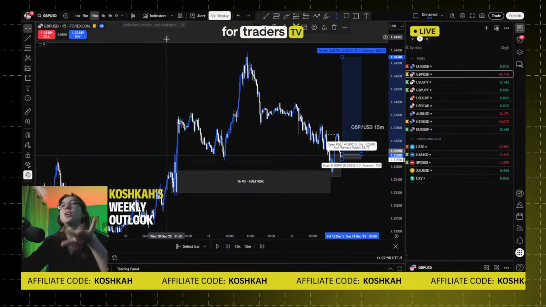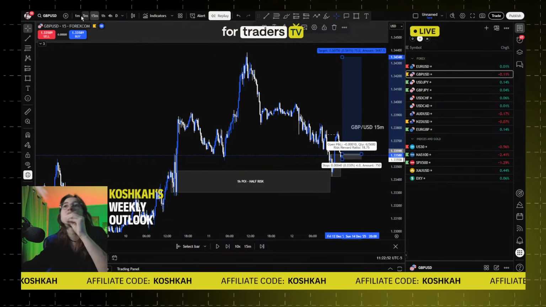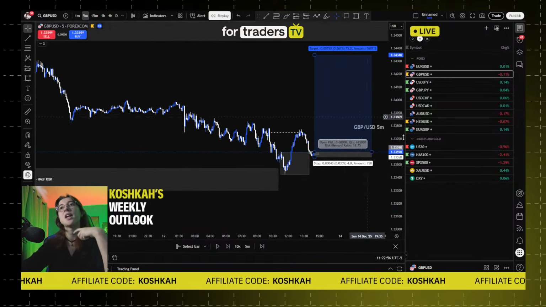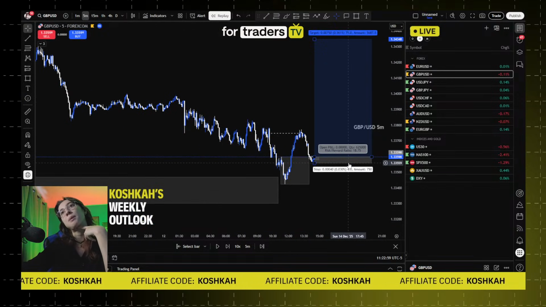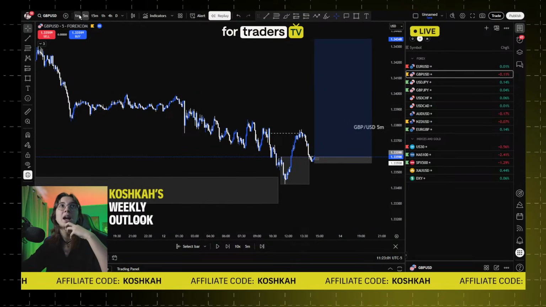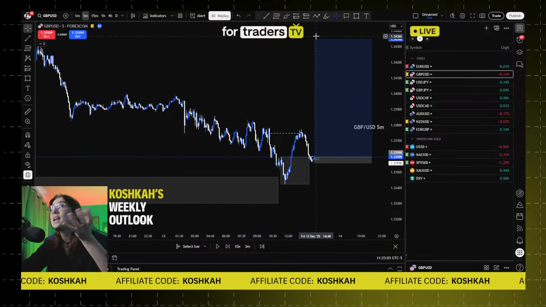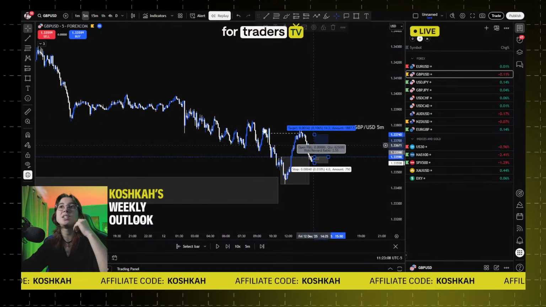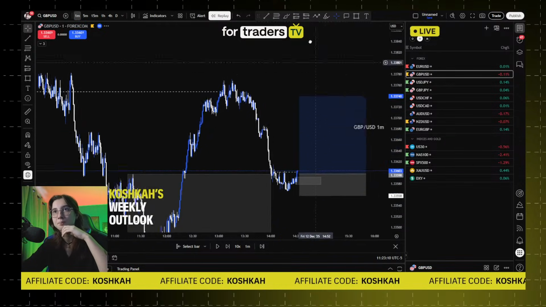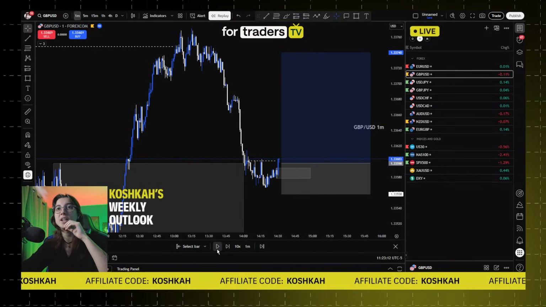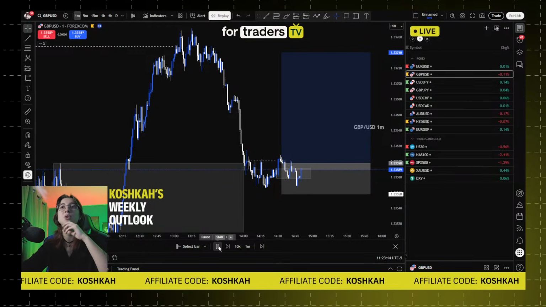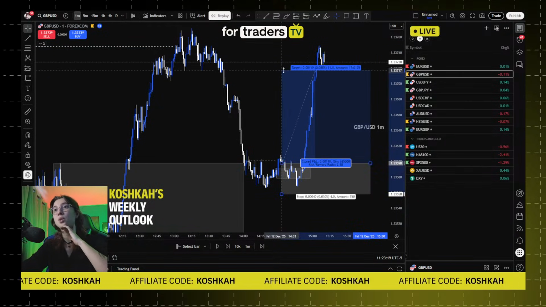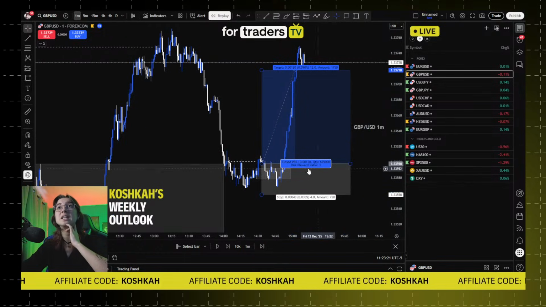However, again, before you start telling me, but the market closed, so are you gonna hold the trade during the market close, because then you're gonna get swept because it's only a 4 pip stop loss, blah blah blah. I know, so that's why we closed this trade before the weekend, but let's just see how it developed. So this was the trade, and right here price tapped into the POI and just pushed up. So it hit 1 to 3 risk to reward almost instantly, as you can see exactly right here.